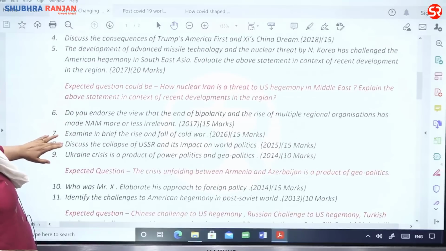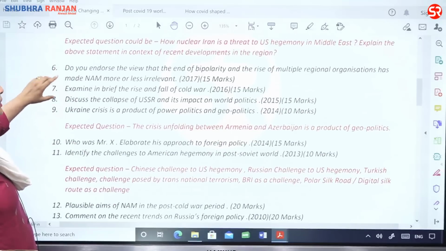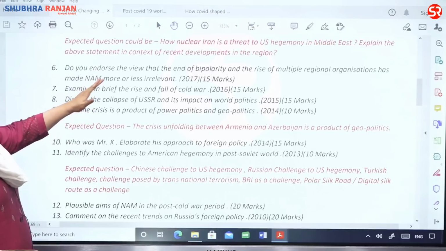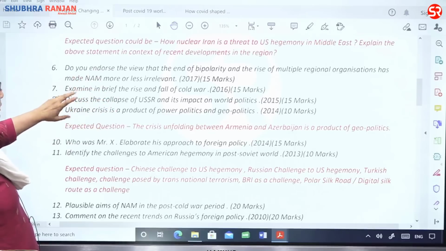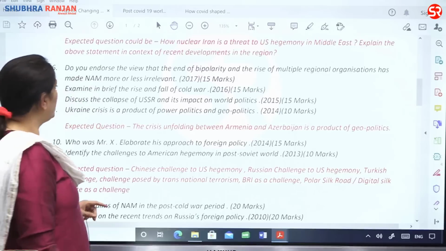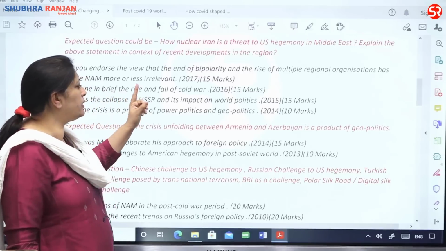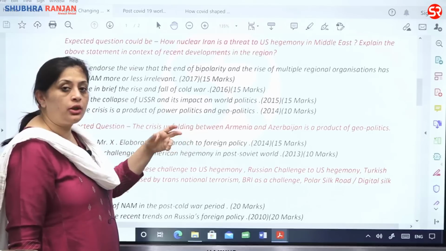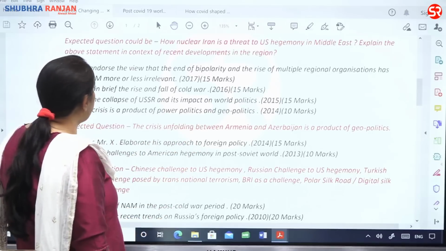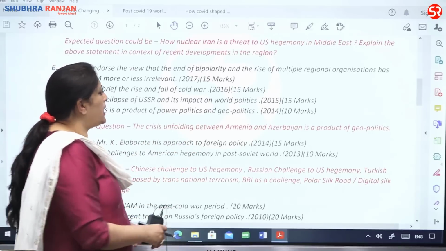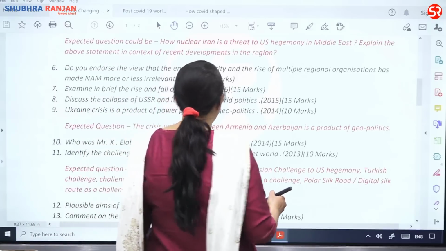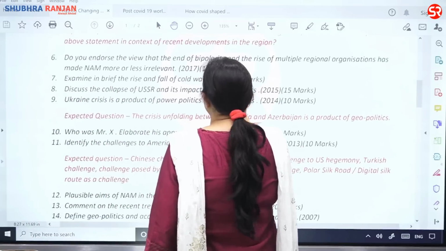Next, so not even a gap, every year the question is being asked. Do you endorse the view that the end of bipolarity and the rise of multiple regional organizations has made NAM more or less irrelevant? So we will have to prepare a question on NAM. Then examine in brief the rise and fall of Cold War, for which you can completely rely on the class notes. But we will also modify this question,